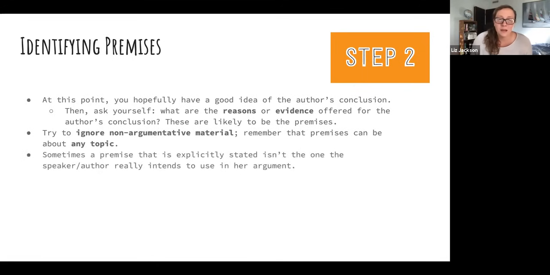Okay, sometimes, and we talked about this with conclusions as well, a premise that's explicitly stated isn't the one the speaker or author intends to use for her argument. This isn't something we should be positing all the time, that you say this is your premise, but it's really not. But I do think in specific cases, the context can make us see that maybe this isn't actually the premise